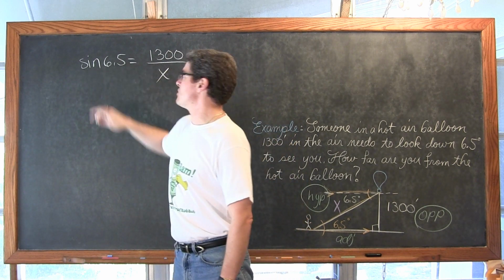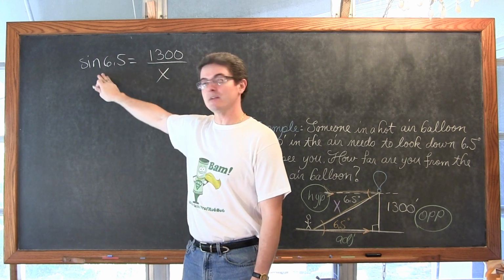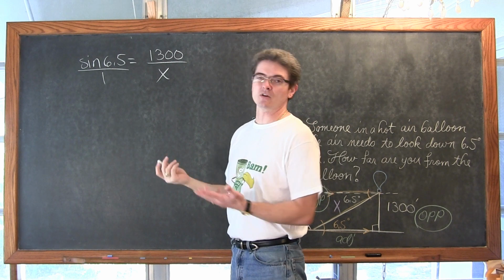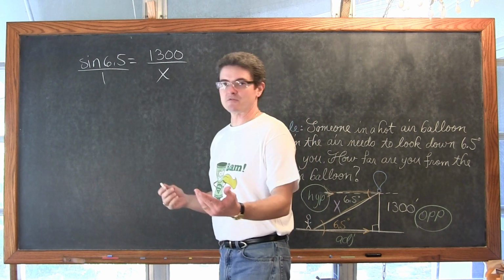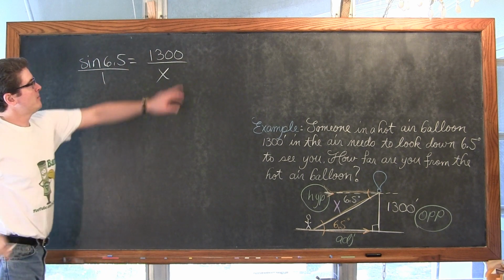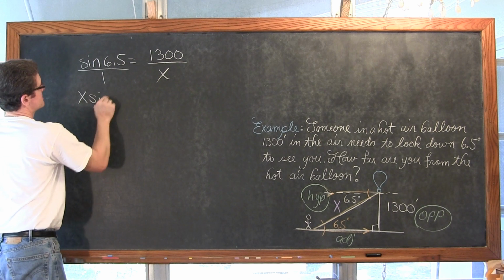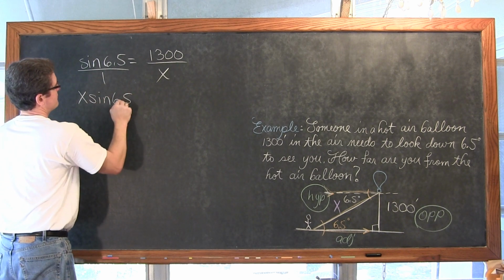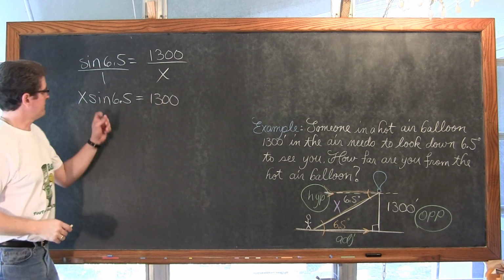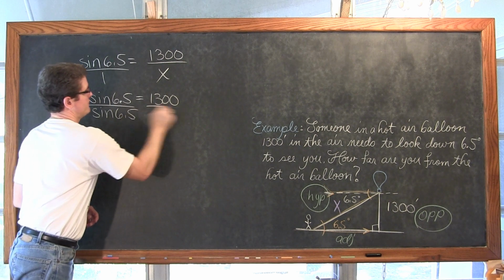You can go ahead and put this over 1. It's going to do the same thing anyway, and show that there's one fraction on each side of the equation and cross multiply, which is fine as well. But at any rate, the x comes out of the denominator by doing the opposite operation. So we get x times the sine of 6.5 degrees is equal to 1,300 feet. We're going to divide both sides by the sine of 6.5